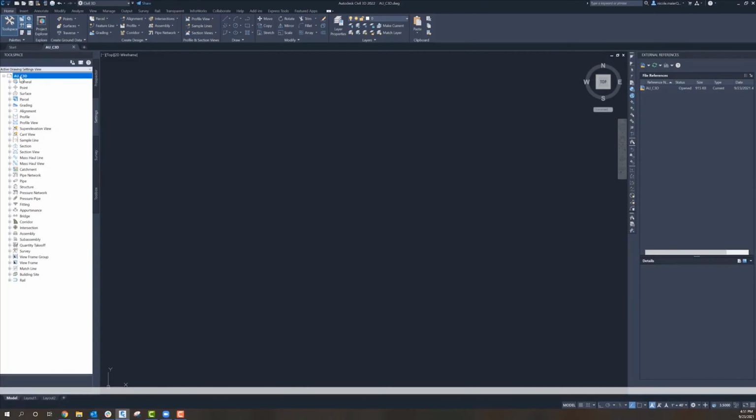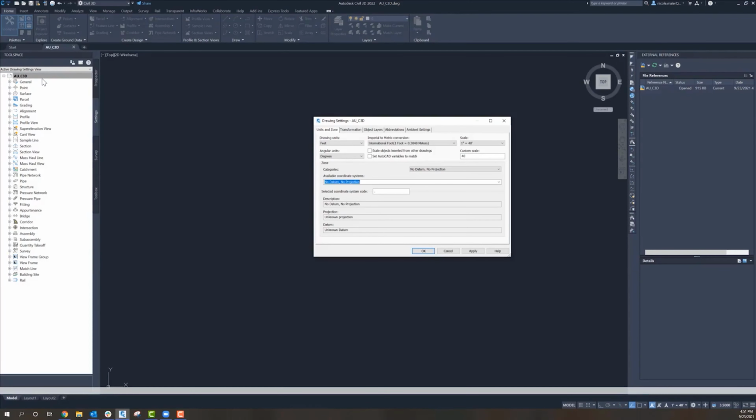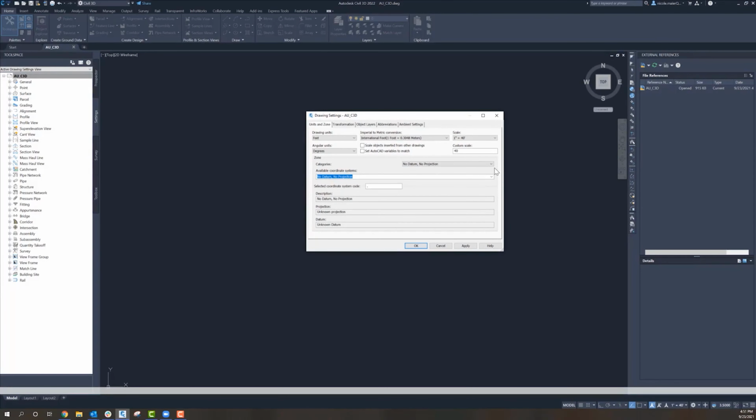The first thing that we're going to want to make sure that we do is have our drawing set to the correct coordinate system, and this is going to make sure that everything is coming in the right place. And if I did have some outside line work existing, that everything is working together in the correct environment. So the example today is going to be of Boulder, Colorado. So we will be using the state plane north zone feet for Colorado.